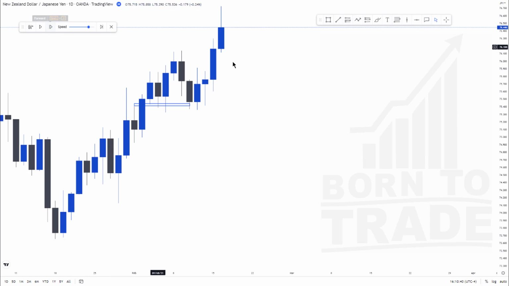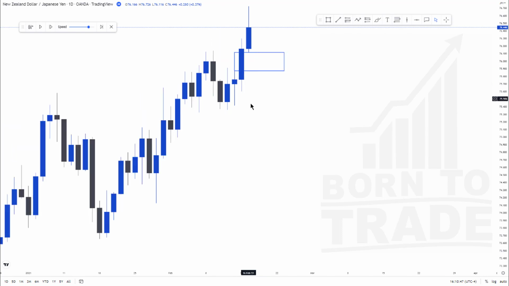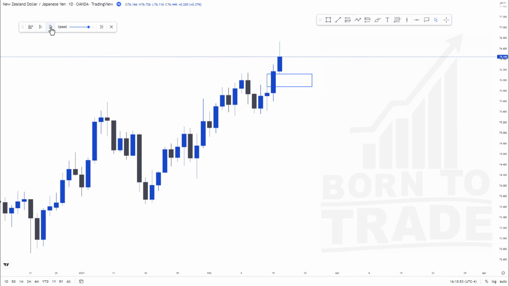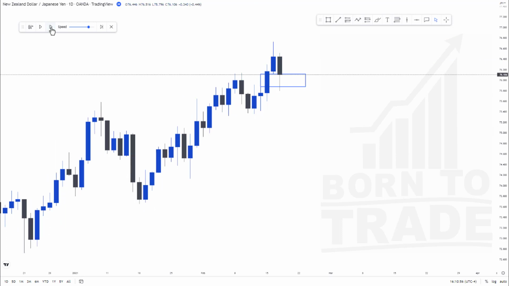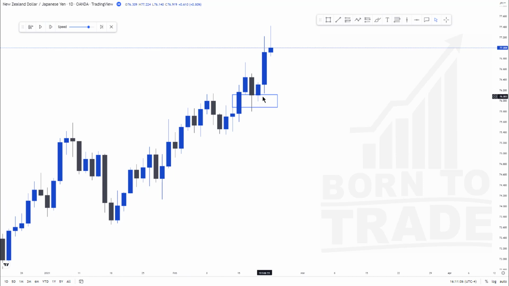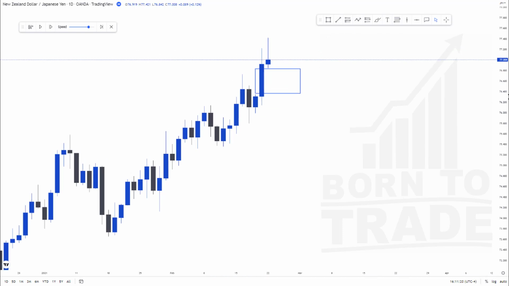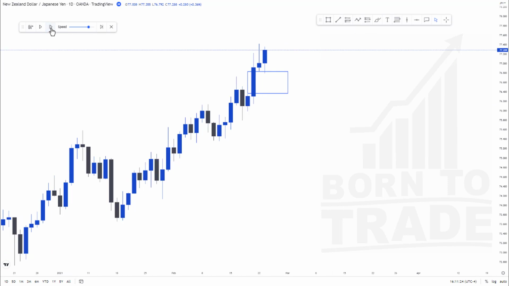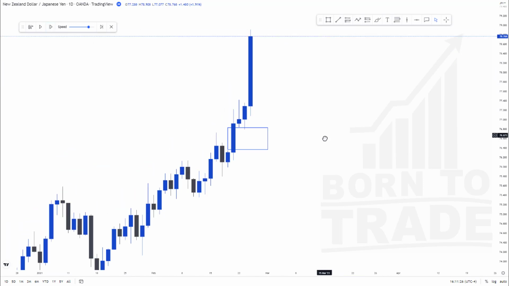And let's see, you can see price now left an imbalance right here. I hope you can clearly see that price left an imbalance right there, and we'll be waiting for price to fill it, and price filled the imbalance immediately. And what can you see here? Price left another imbalance right here. You can clearly see that price left this imbalance, and what's our expectation? Our expectation is that price will definitely come back to fill the imbalance,